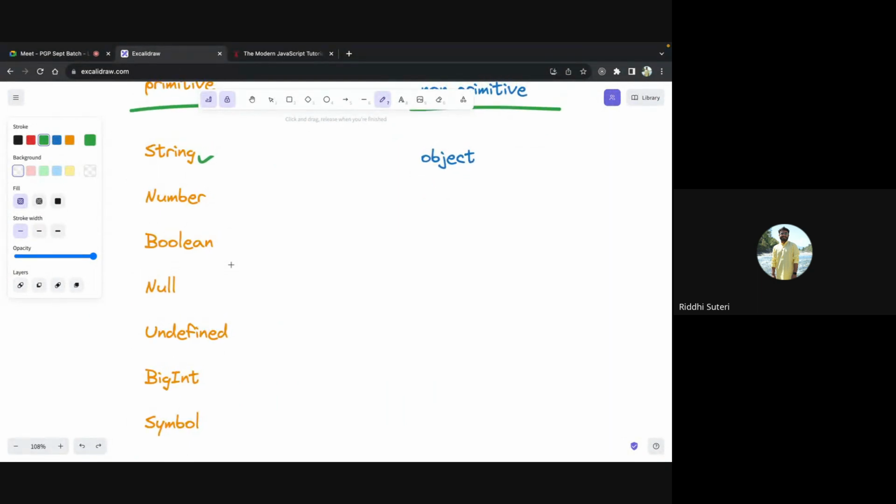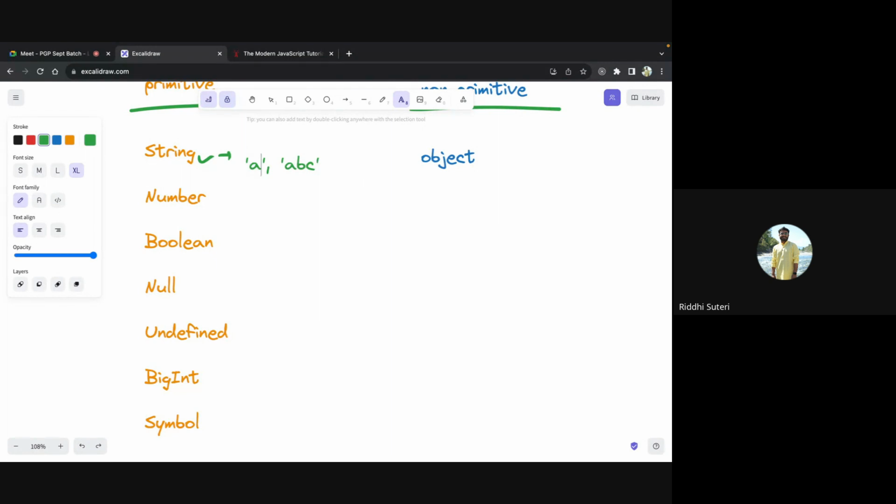Perfect. Let's talk about string first of all, right? With string, it's very obvious that whatever you write, either you write a single character, or you write a bunch of characters, both of them fall under the category of string, right? There is no category like character. So even if you write a single character, it will also come under the category of string.